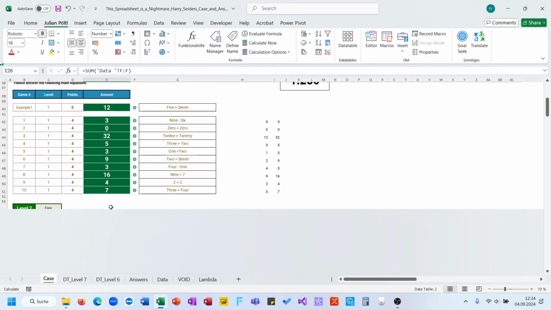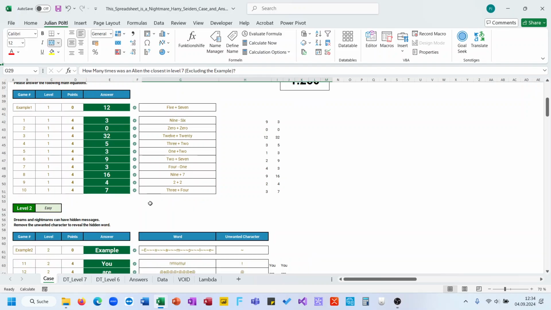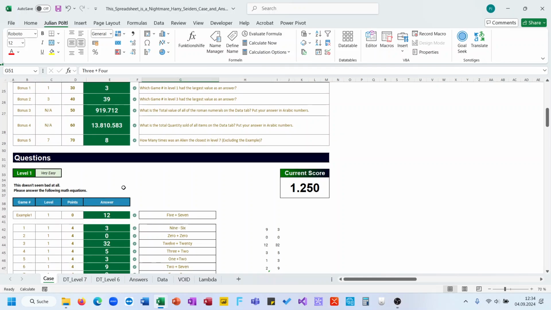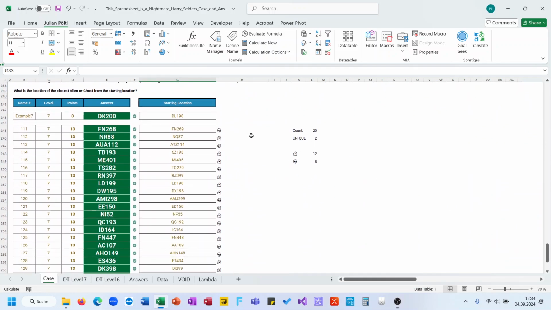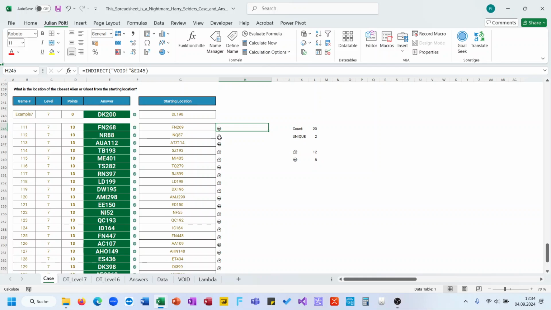and you have solved everything. And now this time: how many aliens are in level 7, excluding the example. This is every time without the example. I used the INDIRECT function of the void to get the alien there, because this is my cell where there is something, either alien or a ghost. And then I used my LAMBDA